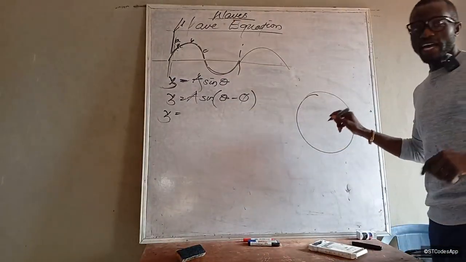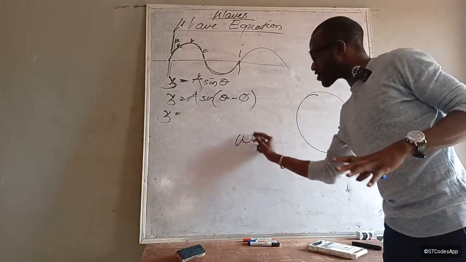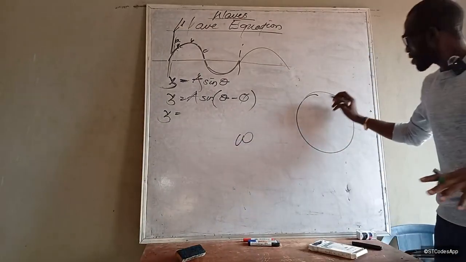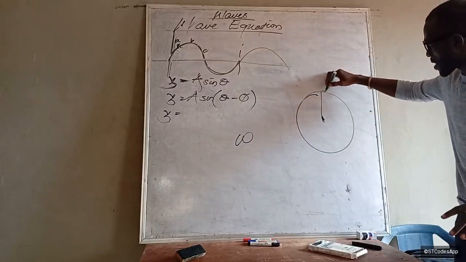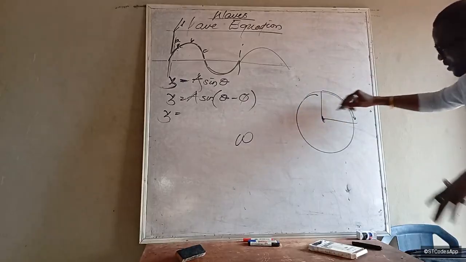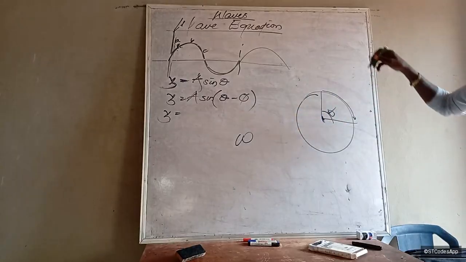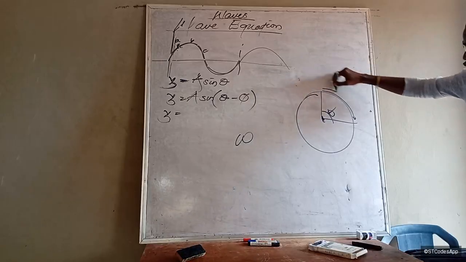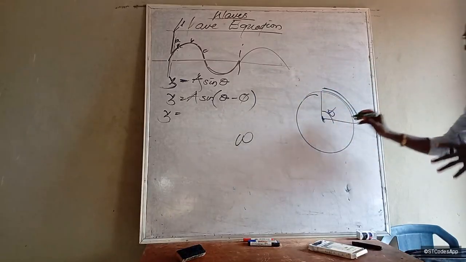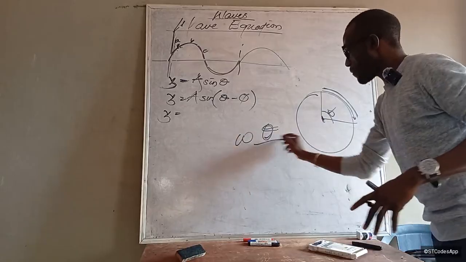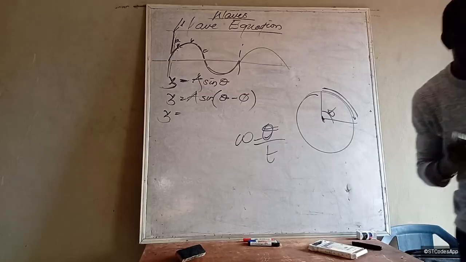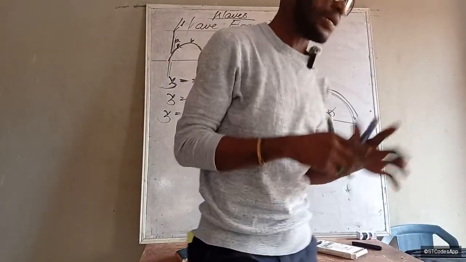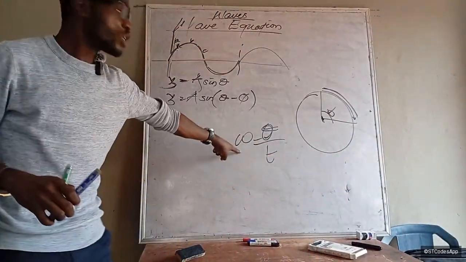So if I am talking about angular speed, then from here to here, for example, is an angle theta, right? So it will be angular displacement, the angle that I displace per unit of time. You know velocity normally is displacement over time. It is now angular velocity. It will be